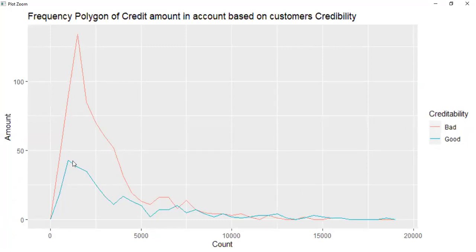So this is the way you can compare the frequency polygon of credit amount based on the customer creditability. This is the graph for the frequency polygon where you can compare the amount of good and bad.